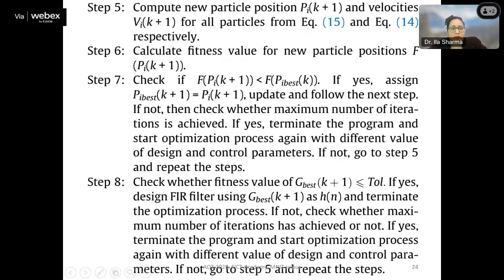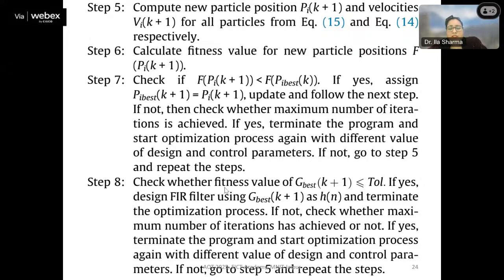For that, compute the new particle position, then velocity, then again calculate the fitness value, then check if the present value is less than the previous value. If yes, assign that as the updated one. Otherwise, we go back to step number 5. Then again and again we will have some error matrix.